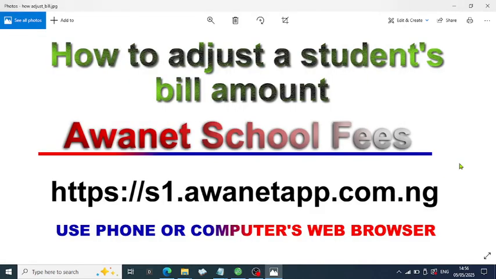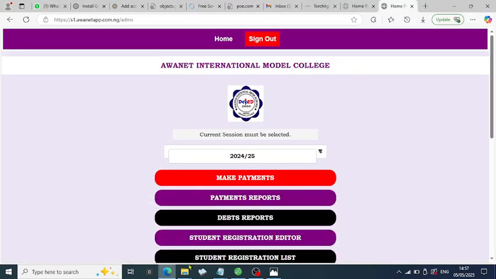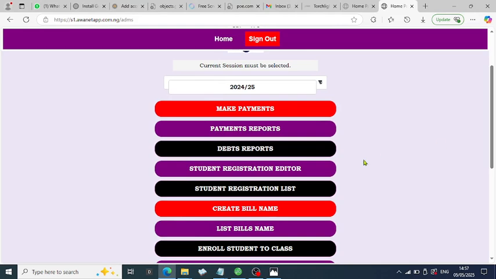I want to take you through how to adjust a student's bill name and bill amount in the AWANET school fees application. Once you type this URL, you can use a phone or computer browser. Typing this URL, you log into this front page. You see, there are some applications where you will need to adjust the bill,